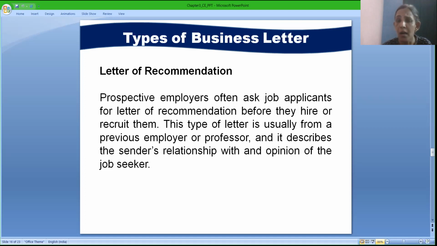So always remember, recommendation letters are those letters which are accepted by the job givers, by the person who has taken the interview and, after taking the interview, is willing to offer you a job, and they want some kind of proof that yes, you are the right candidate and you are capable enough of handling such kind of work.